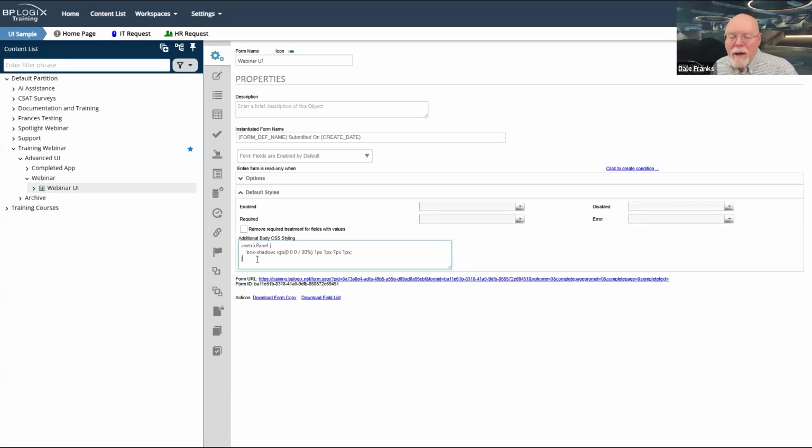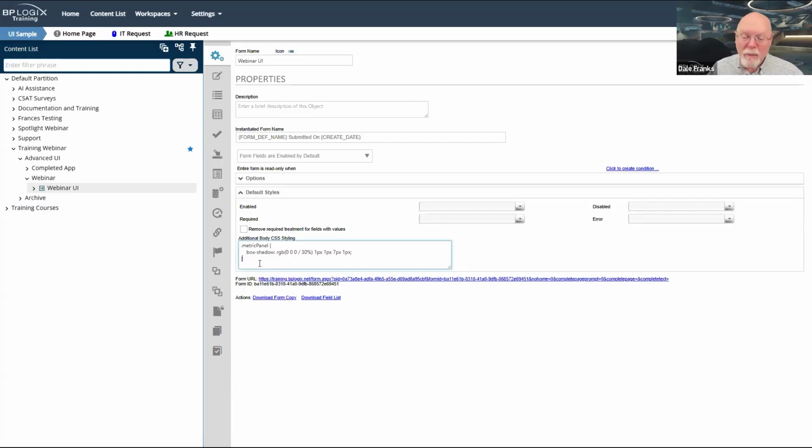So what I can do is apply this style to specific HTML objects, like in this case, a table, so that I can put this little styling around the entire table. And so that gives me the ability to just throw that drop shadow in.